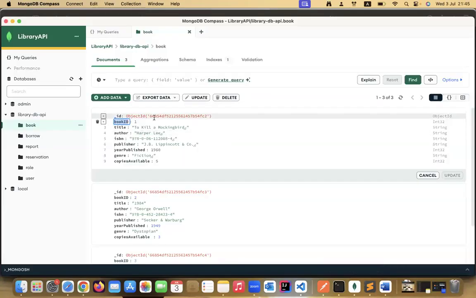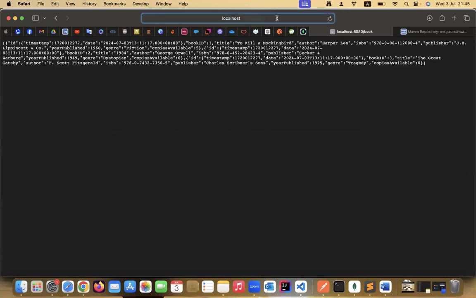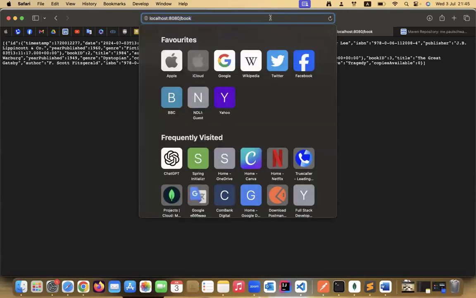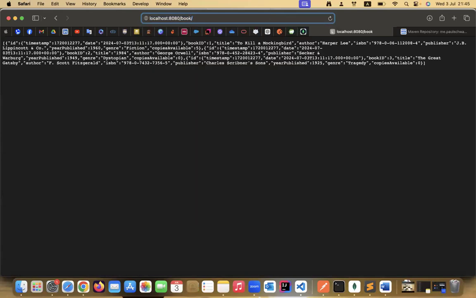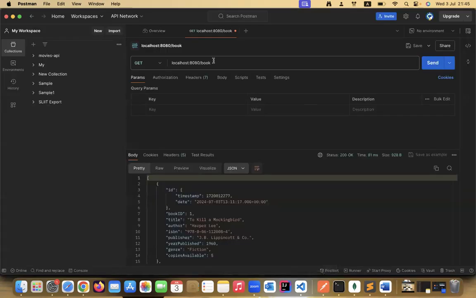Let's go to the browser. First of all, let's get an object ID. For this one, I'm going to copy that. And in here, after the slash, I'm going to provide that. Then we will get that specific book data. If it is Postman,